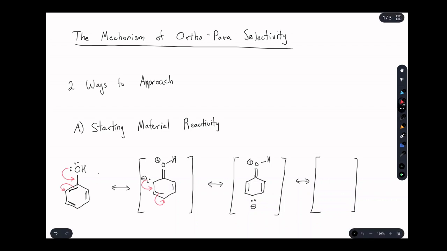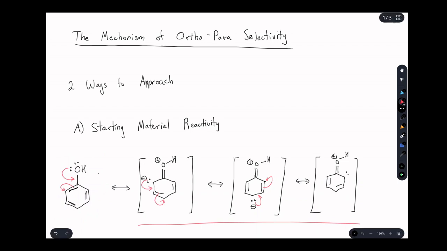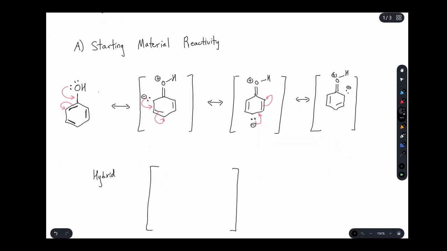And last but not least, we can move that lone pair one more time to get a negative partial charge on that ortho position. So, looking at these resonance forms, once again we see this pattern where we have a stable neutral resonance form that's clearly going to dominate, but three different resonance forms that will put partial charges on our overall hybrid. Drawing that hybrid,